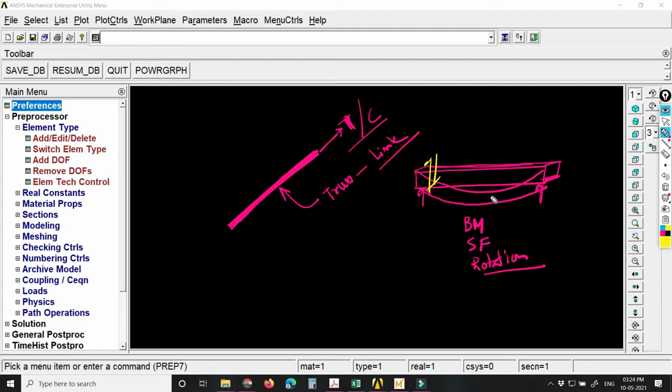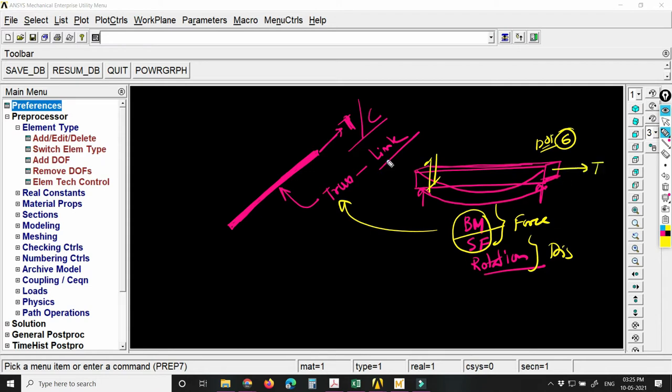These are force parameters. If you talk about displacement, then we have rotation, so we can have 6 degrees of freedom here. So it is not the same as a link element. A beam element can also take the axial tension force, so a beam element can take all these things.